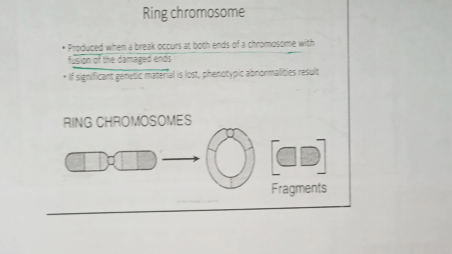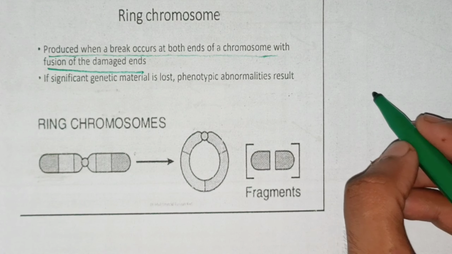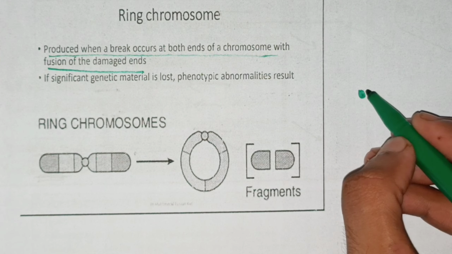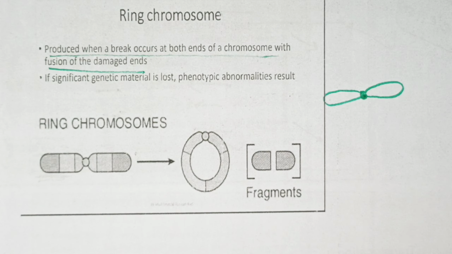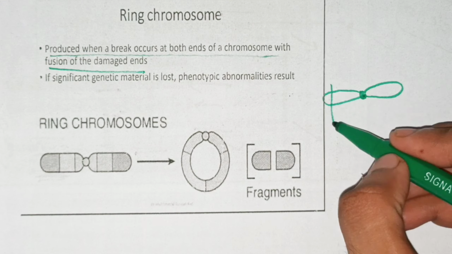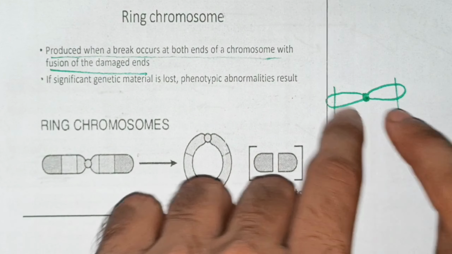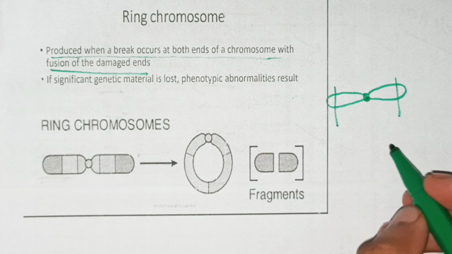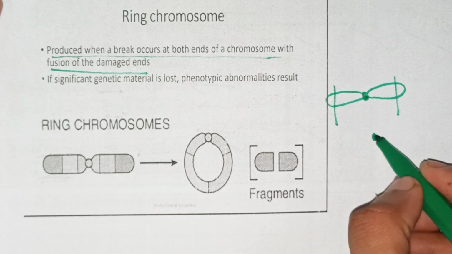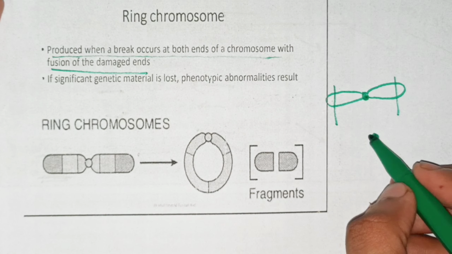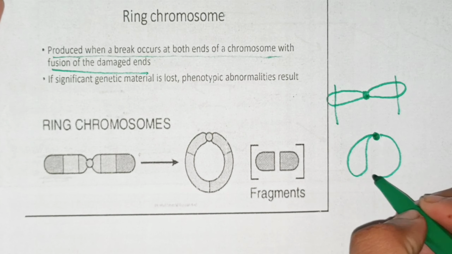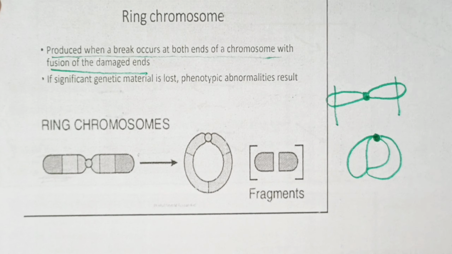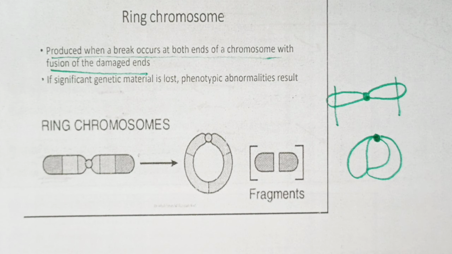अब मैं इसको कुछ इस तरीके से समझा सकता हूँ बेटा कि अगर आप फर्ज करें ये एक क्रोमोसोम का सेंट्रोमेयर है बीच में, ये उसकी एक आर्म हो गई और ये उसकी दूसरी आर्म हो गई, ठीक है। और कुछ यूँ हो कि इसके जो टर्मिनल एंड्स हैं वो कट हो जाएं और बाकी जो ये पोर्शन है दोनों का ये आपस में फ्यूज़ होके एक रिंग बना ले, कुछ इस तरीके से कि बेटा ये आ गया आपका सेंट्रोमेयर और ये एक पोर्शन आ गया और दूसरा ये पोर्शन आ गया, तो somehow it became ring, okay, this is ring chromosome। लेकिन इसमें एक मसला है, ये बैक्टीरिया वगैरह में देखने को मिलता है,